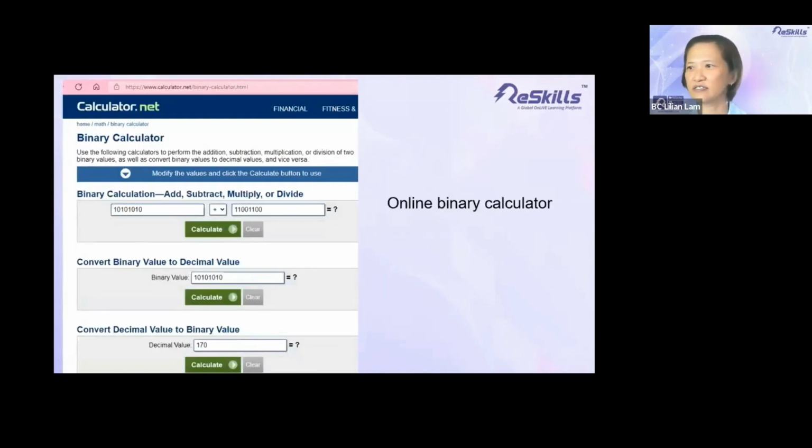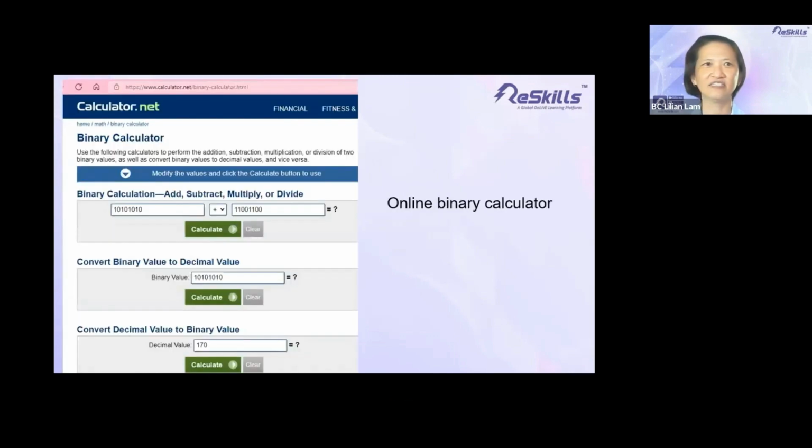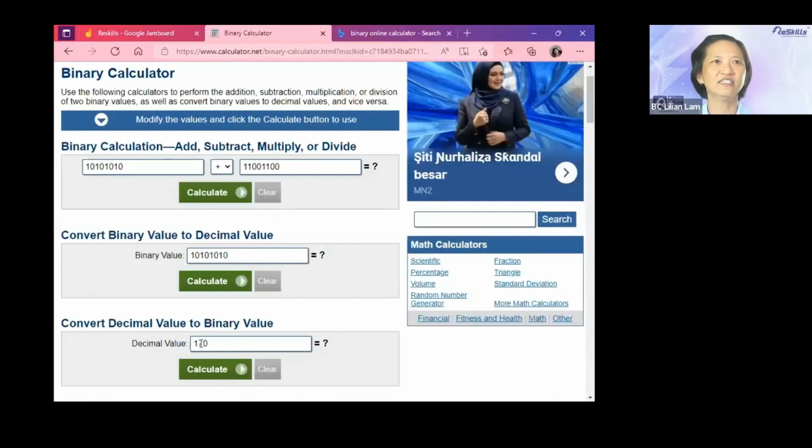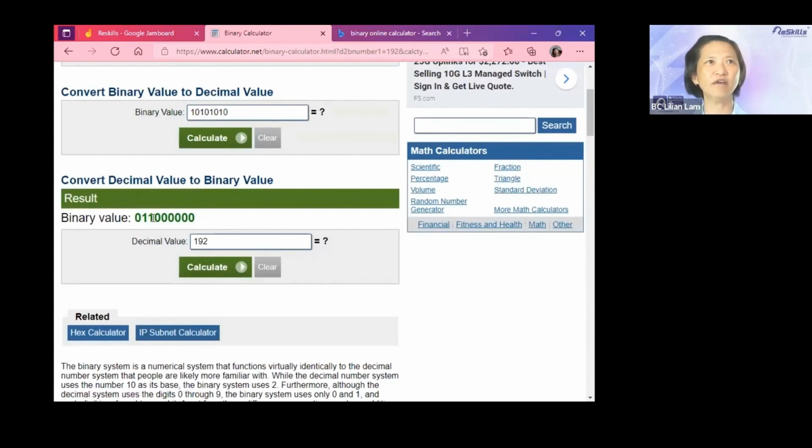Okay, so let's say you want to represent 192.168.1.1, and we are going to use this binary calculator. You can convert a decimal value to a binary value. So you can click 192, calculate, and it will show you